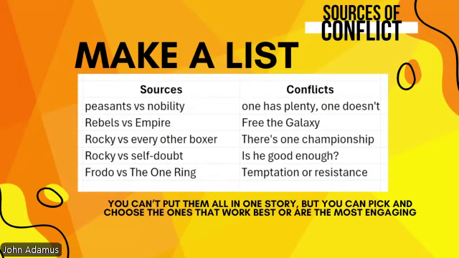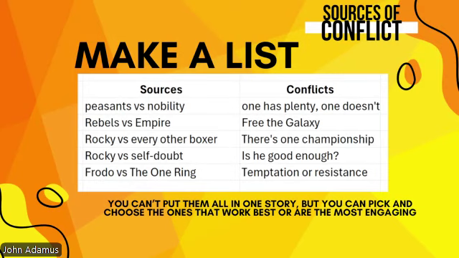We make a list. I'm a big fan of lists. I think lists are a really functional, practical, actual way of sorting out your plot. So we're going to make a list of sources of conflict. What kind of power balances, what kind of tensions, what kind of things can we set off against each other? And I'm making these binary because it's just an easy example. But you could have one on one, two on one, four on one, four on two. You could have whatever kinds of imbalances and whatever number of teams, for lack of a better word, on each side. But you're going to have sources, and there's going to be conflicts because of those sources.